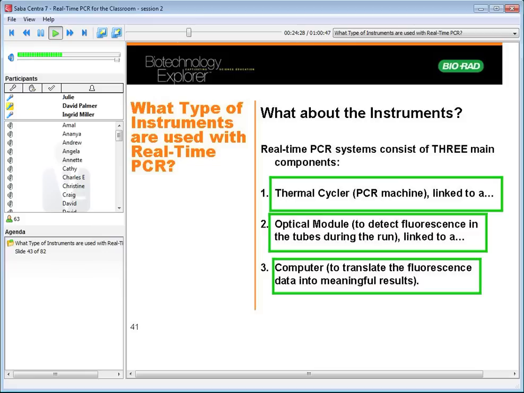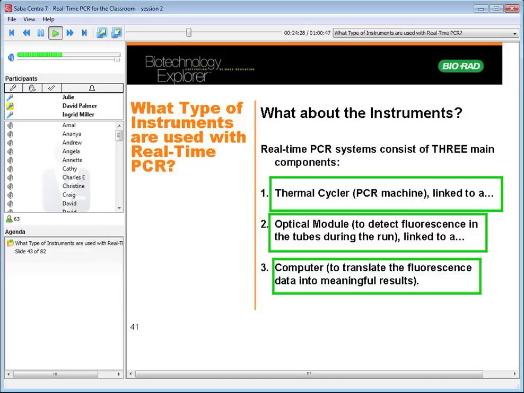So I think real-time PCR in the classroom is cool for quite a few reasons, but here are some of them. One is instant results. You actually see the amplification within minutes of starting the PCR run. You don't have to wait until the next lab period for